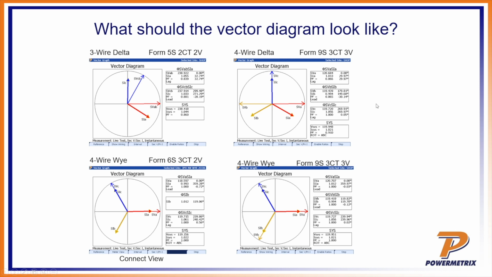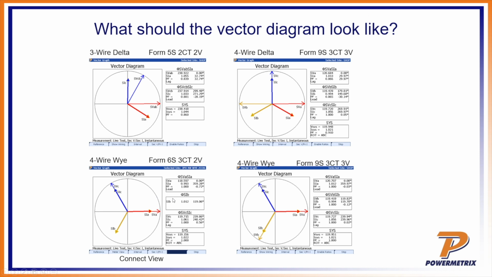Here on the top right we have a 9S vector diagram. Notice that the phases are not equally spaced. They're not in an equal relationship. Again, this is normal. Phase A goes to the right, phase B goes straight to the left. But your currents are in an equally spaced relationship. And in form 6S, you have something special.